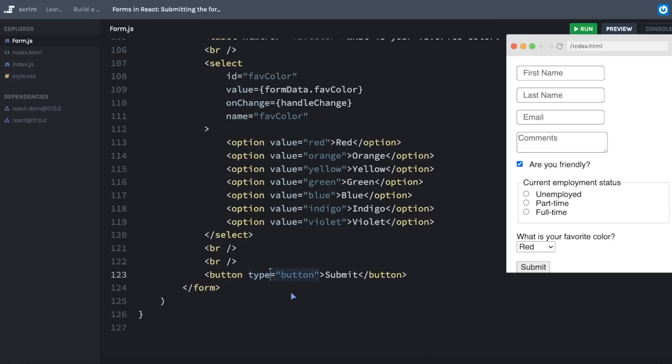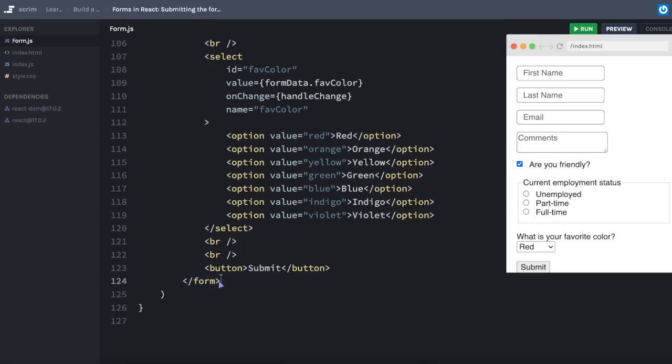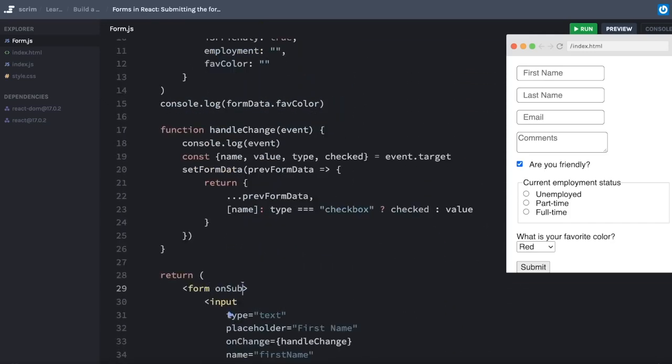So let's just make use of that default. We'll get rid of our type completely, and therefore the default is type submit. And clicking this button, because the button is found inside of a form, will actually trigger the form's onSubmit event